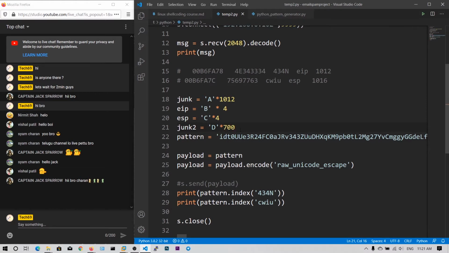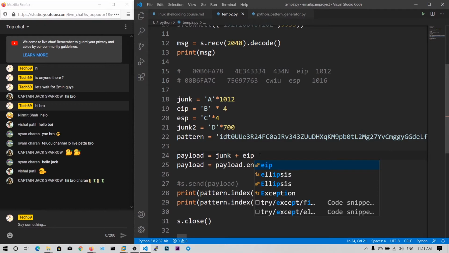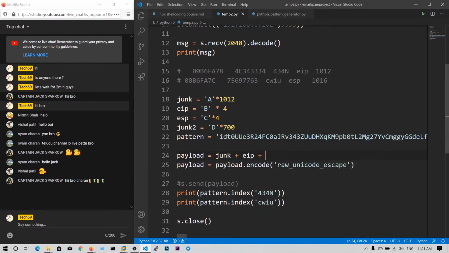Now I am going to combine all these strings: junk plus EIP plus ESP and junk2. Now I am going to append all this string into one single payload and I am going to send that.